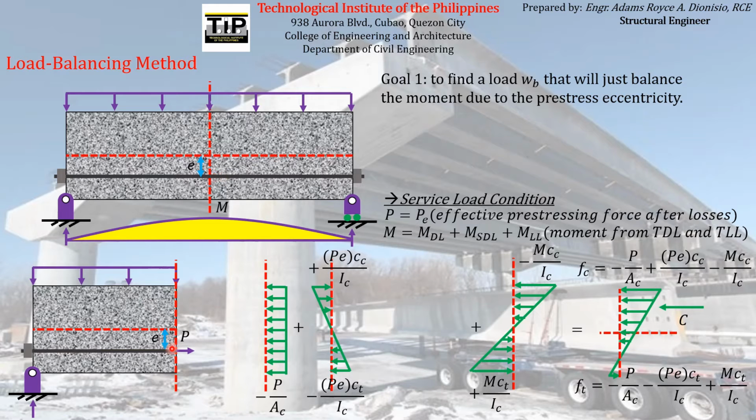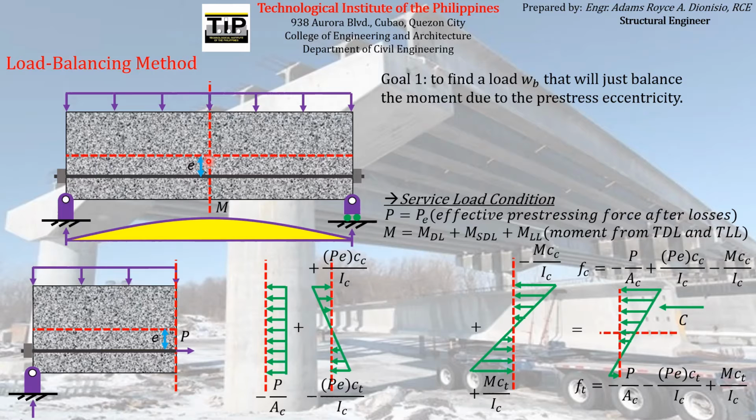Because we know for a fact that the pre-stressing force acting on the pre-stressing reinforcement at an eccentricity from the neutral axis or from the centroid of the cross-section will produce what we call eccentric moment with respect to the centroid or neutral axis, which has a magnitude of P times E if we are talking about at midspan. And that magnitude of eccentric moment being produced by the pre-stressing force, say for example at midspan, must be balanced